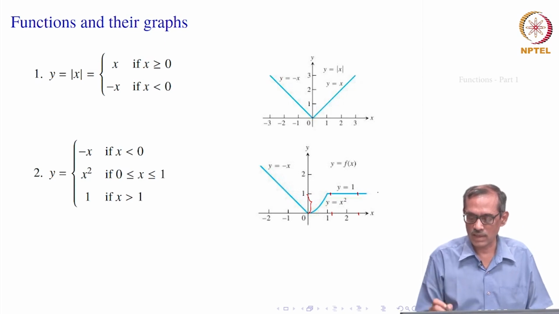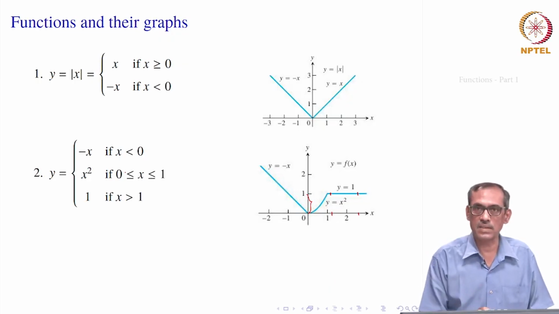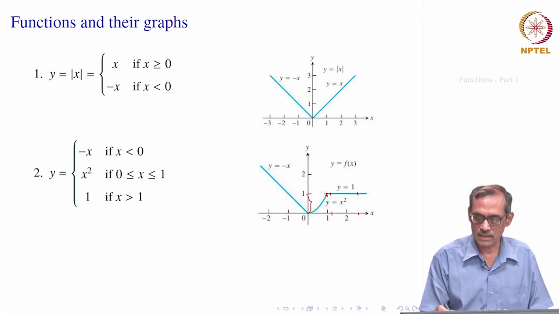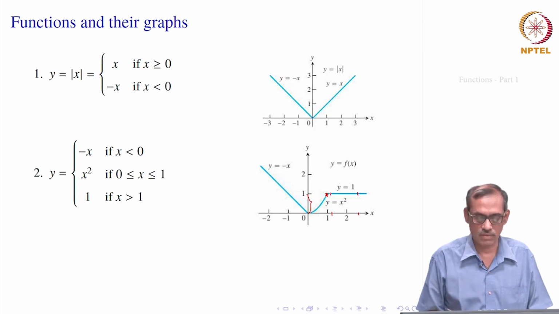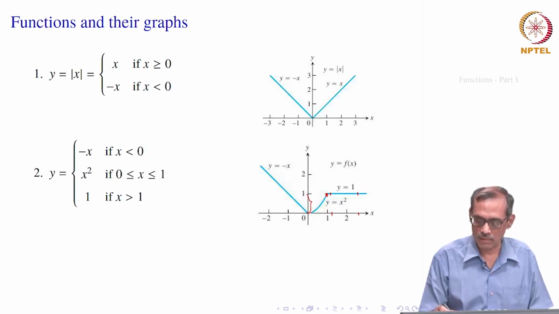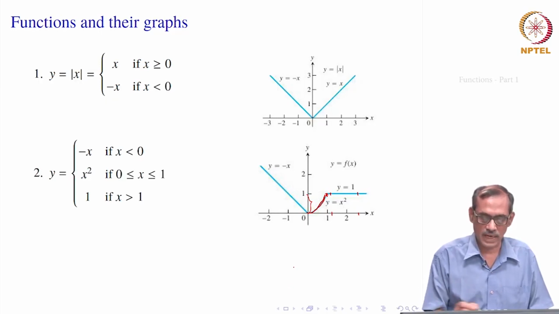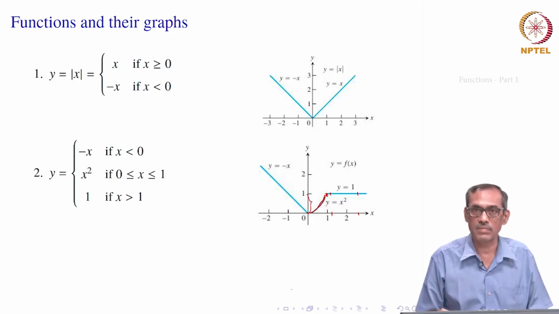So, for x greater than 1, this is the function, and when x is equal to 1, the second case is applicable, which gives you x square, or it is 1 square, which is also 1. So, at that point this is also 1. y of 1 equal to 1, and within 0 to 1, y equal to x square, which is a parabola. So, this is really the portion of the parabola from 0 to 1, and when x is negative it is minus x. So, y equal to minus x, it is that straight line. Therefore, you get the blue curve as the graph of the function.